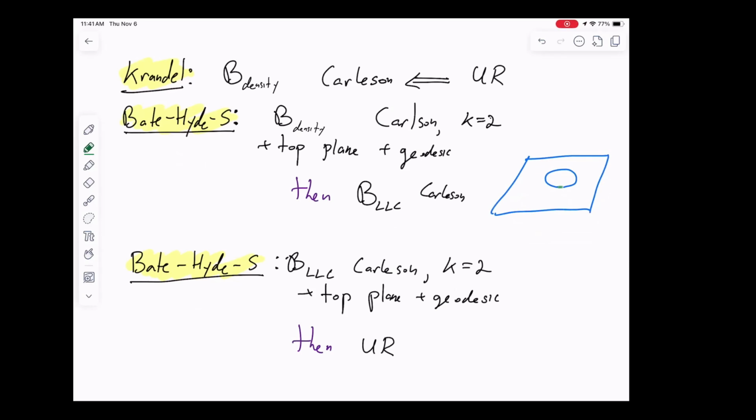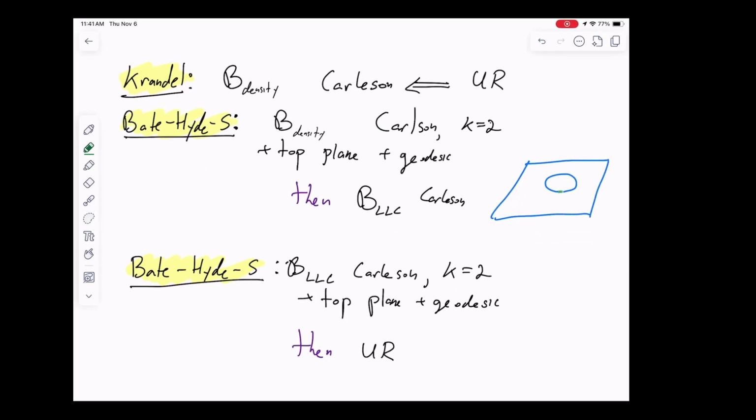So depending on how much you've shaved, if you shave very little, your LLC constant is very large. And now you can have a bunch of these balls really far away so that you don't screw up Ahlfors regularity. So you have a bunch of these balls, and you're not LLC. Okay, anything else?